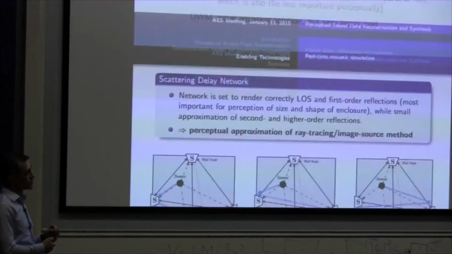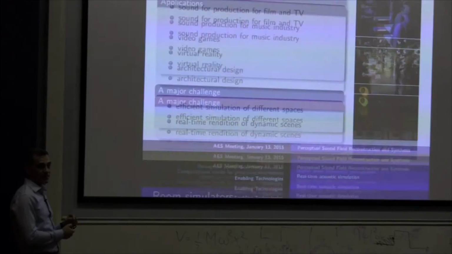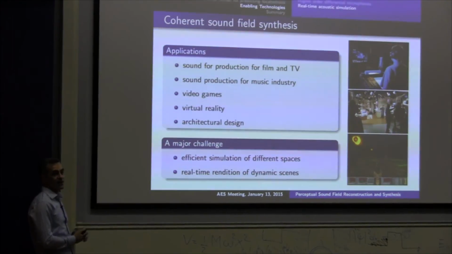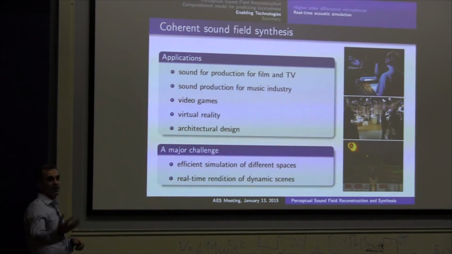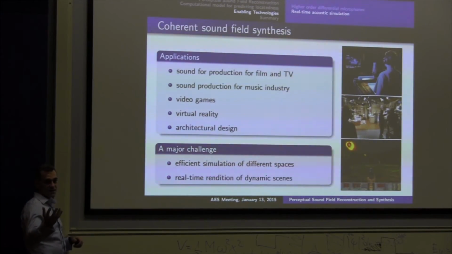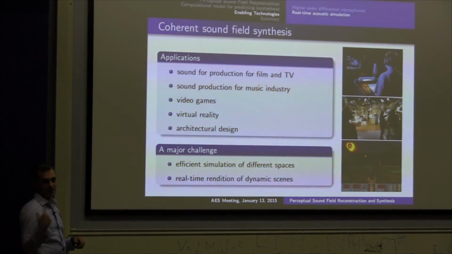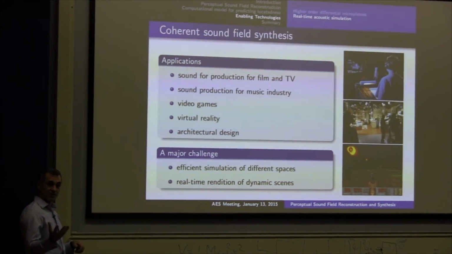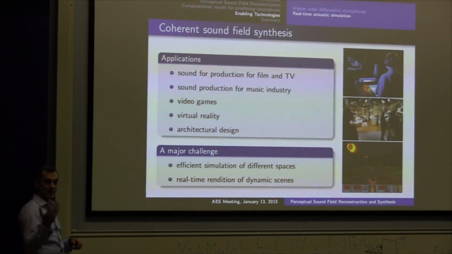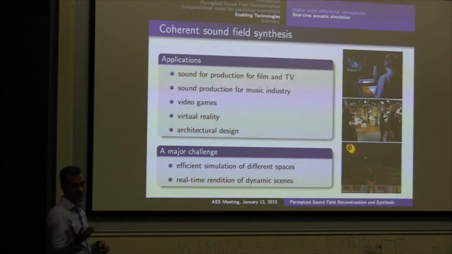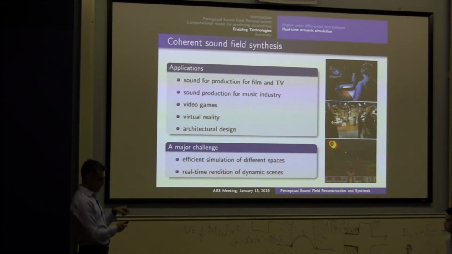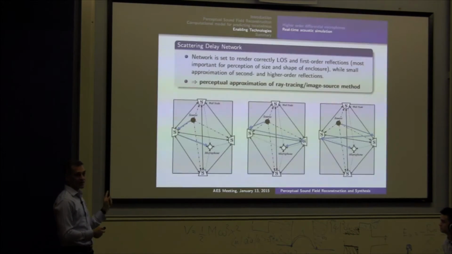Basically, what we want to do, if we want to create a virtual environment, what we need to have is our microphone array and impulse responses of the source with respect to the microphone array in that given space. Now, calculating those impulse responses takes a long time, and that's not possible to do in real time properly. But that's why we have this approximation that we are not really calculating it exactly, we are just calculating what's perceptually most relevant, and it just works.